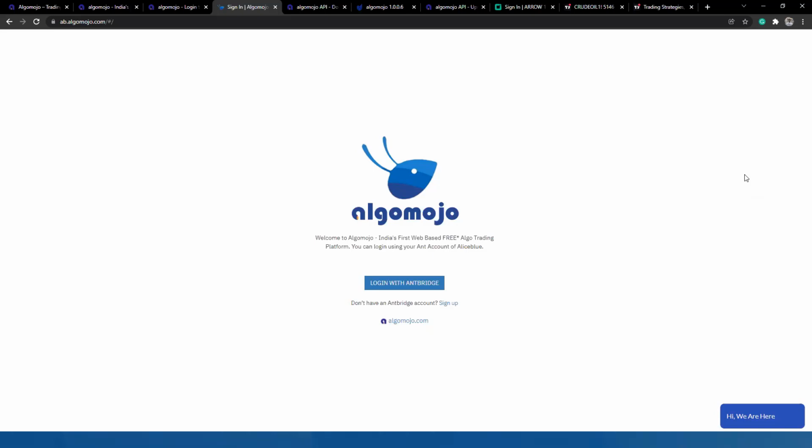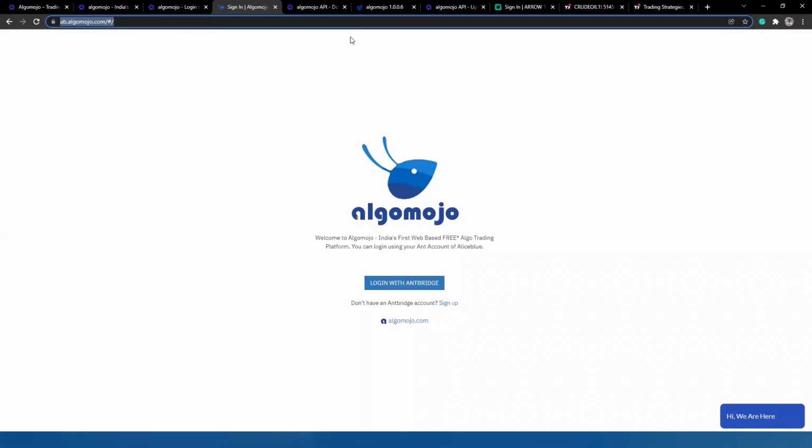So you better open a new account, so that your existing account you can always access from your mobile, and AlgoMojo you can always access only from the AlgoMojo application. As of now, you can log in at ab.algomojo.com or up.algomojo.com, or any other broker's application like the Alice Blue application or Angel application. You can log in from any device, even from your mobile Chrome browser. That is not an issue. Even if the mobile is switched off, once the login is done, it will be valid till the end of the day. Orders will still be going through.